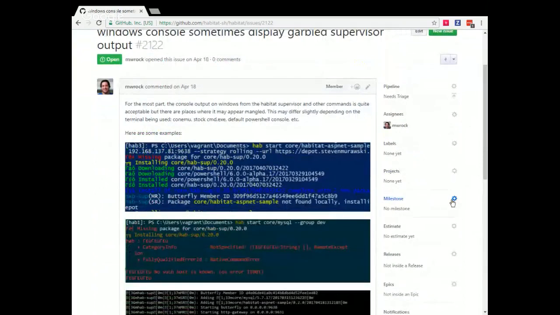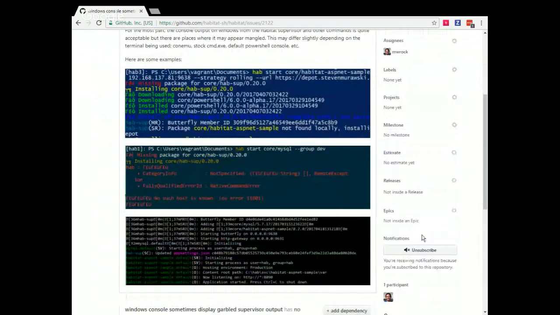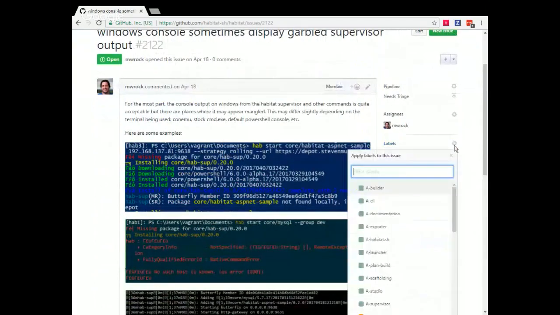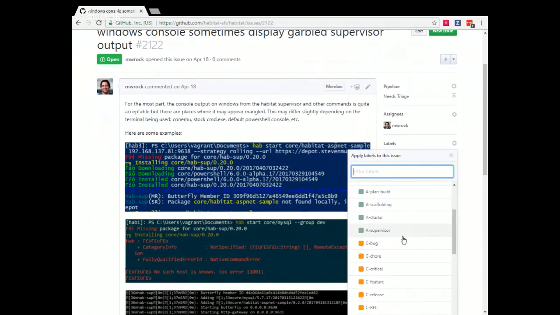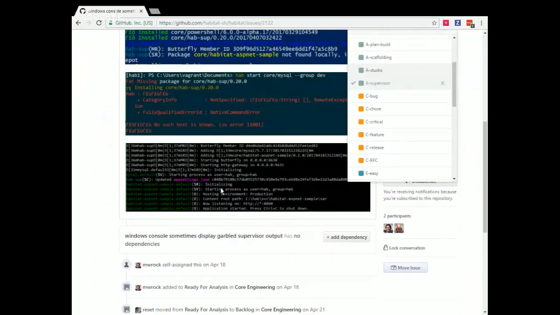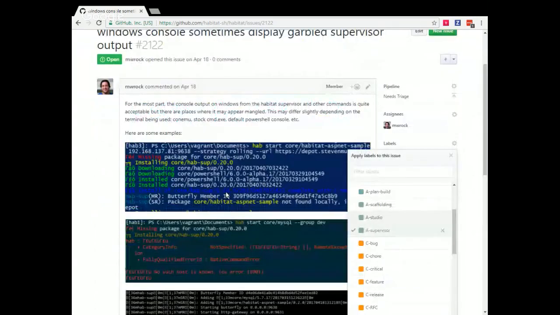This is going to be a help wanted thing for now. We will revisit, of course. Like I've said before, I'm wondering some of this stuff may end up being supervisor related and some of it may be CLI related because of the errors. That's okay. We'll flag it for supervisor right now.